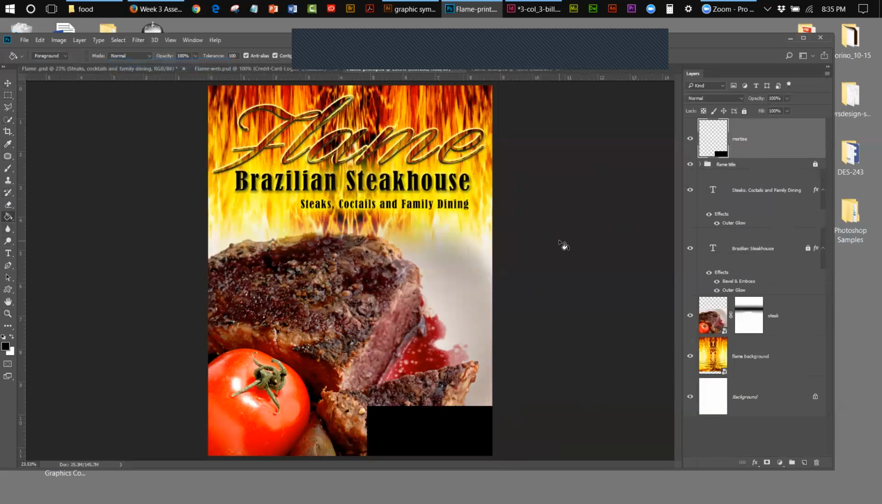Now as I said when I began this process, I could create this ad in Photoshop without the Brazilian steakhouse and without the steaks, cocktails, and family dining, and I could literally just create my ad looking like that, save that as a TIFF, bring it into InDesign, and put that copy in InDesign if I wanted to. But I figured, you know what? That looks pretty good. And that looks pretty good. So in my opinion, I will go this far with it in